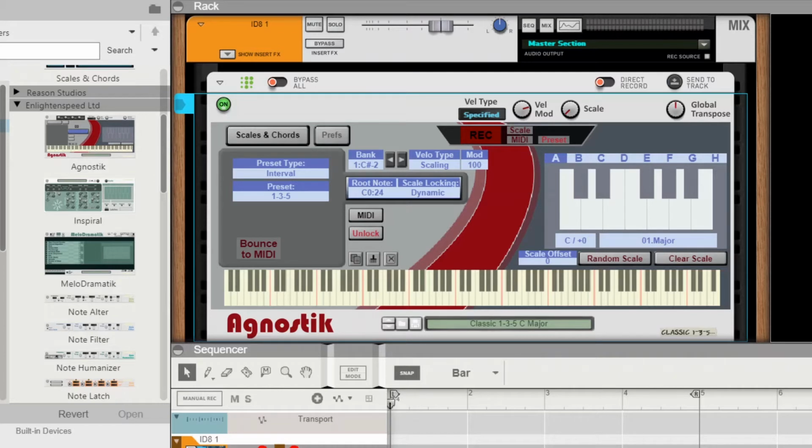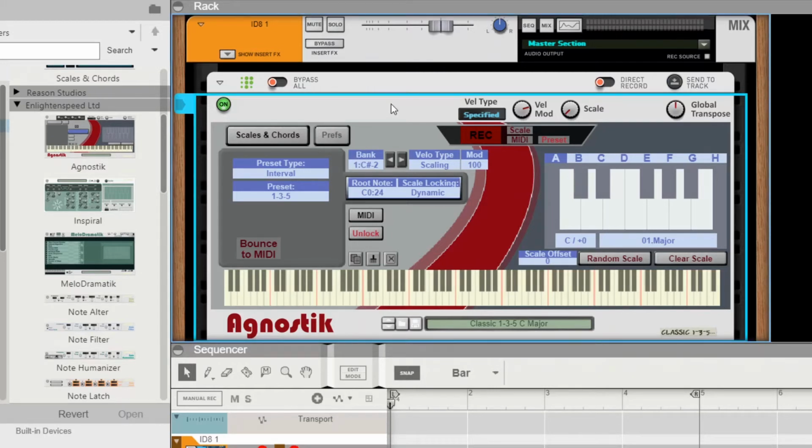Today we're covering the menu features and preferences. We'll start from our default patch, the classic 135 major, C major. Gonna set the bank to C#1. There we go. And then we're going to change the preset just kind of randomly, and then next we shall